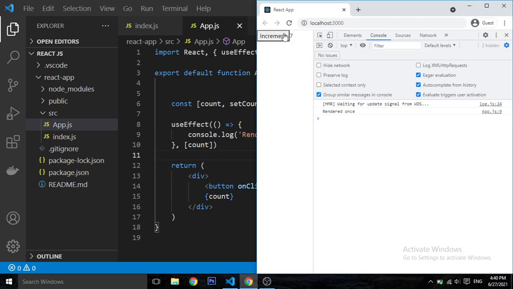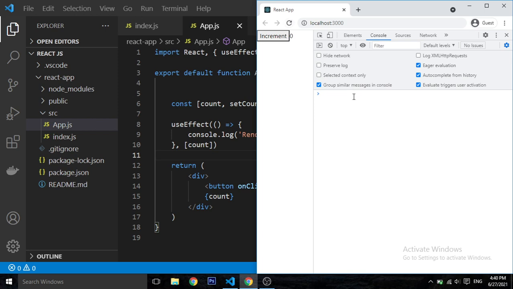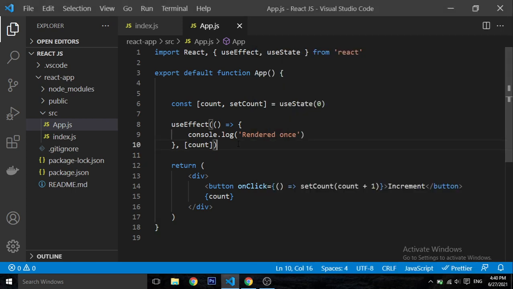There you go, just refresh our page. There you go, rendered once, because useEffect always renders when we reload the page. So if I type increase, you can see, however many times I click, that many times this is going to be rendered.